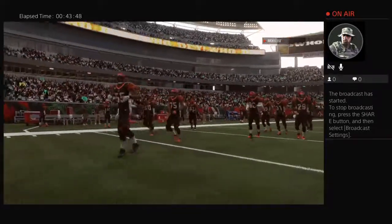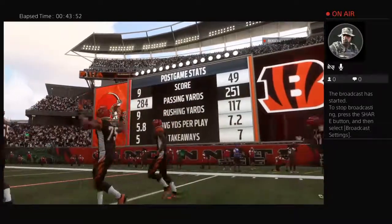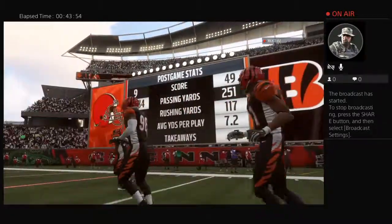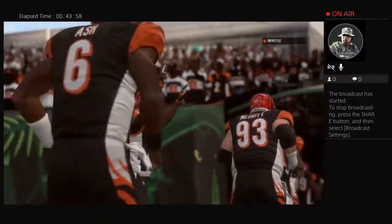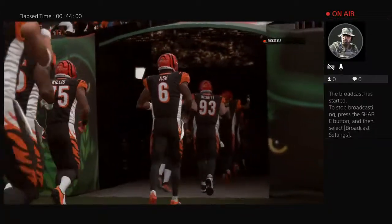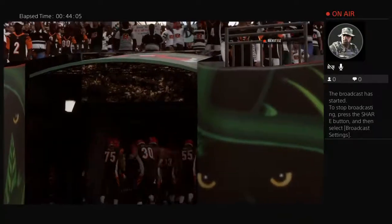So for the Bengals, they move back over 500 now at 4-3. And they will hit the road next week to take on the Kansas City Chiefs. Meanwhile, for Cleveland, things are definitely going south quickly as they fall now to 1-6. And they will be at home next week to take